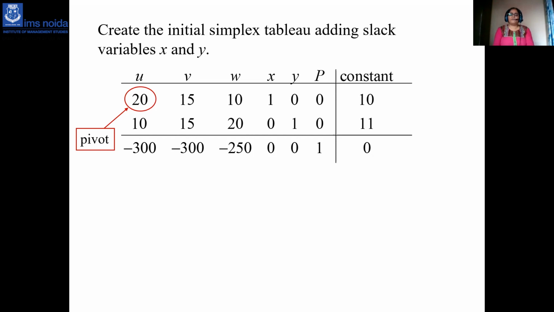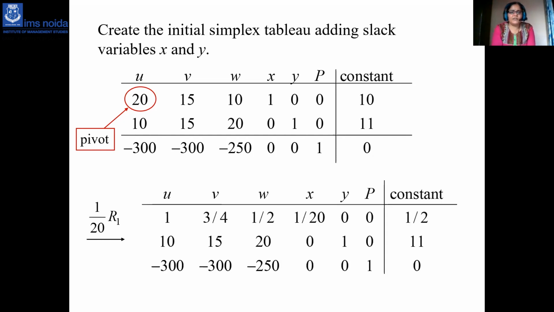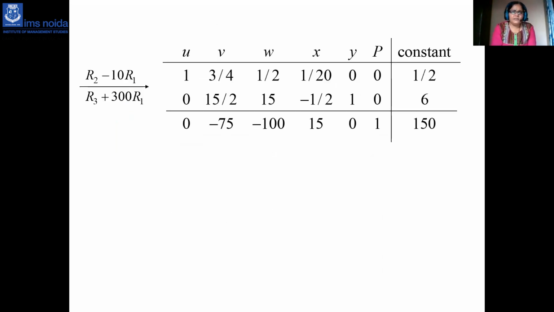The first row is your pivot row, and the pivot element is your 20. So you can note down all this as 1 by 20. You can multiply row 1 by it, because you divide the first row by the key element. The rules tell that. And then the second row's elements you can find out using the formula. Now this is the formula for getting the second row's elements.